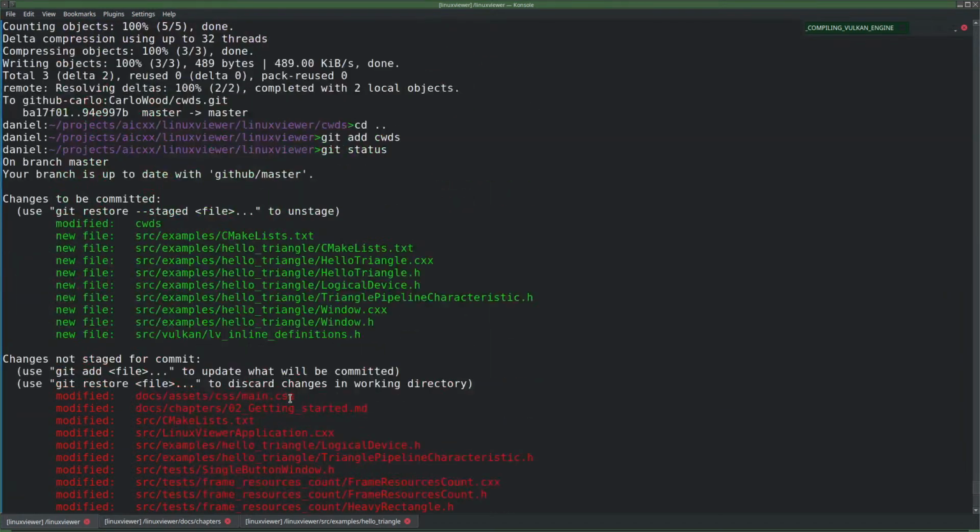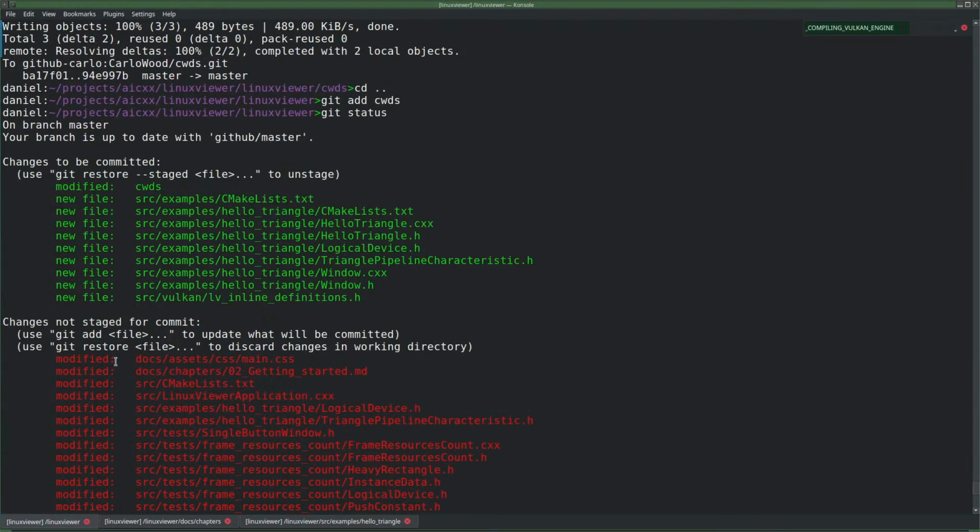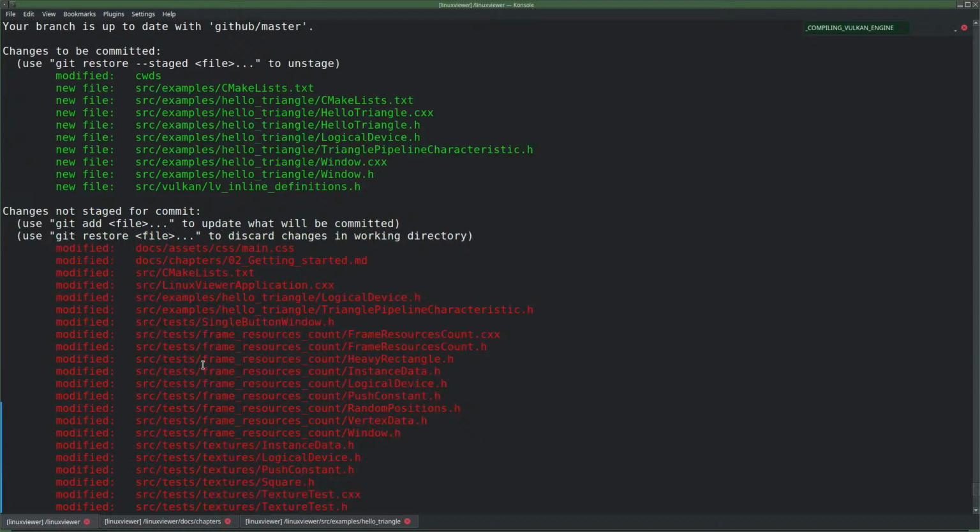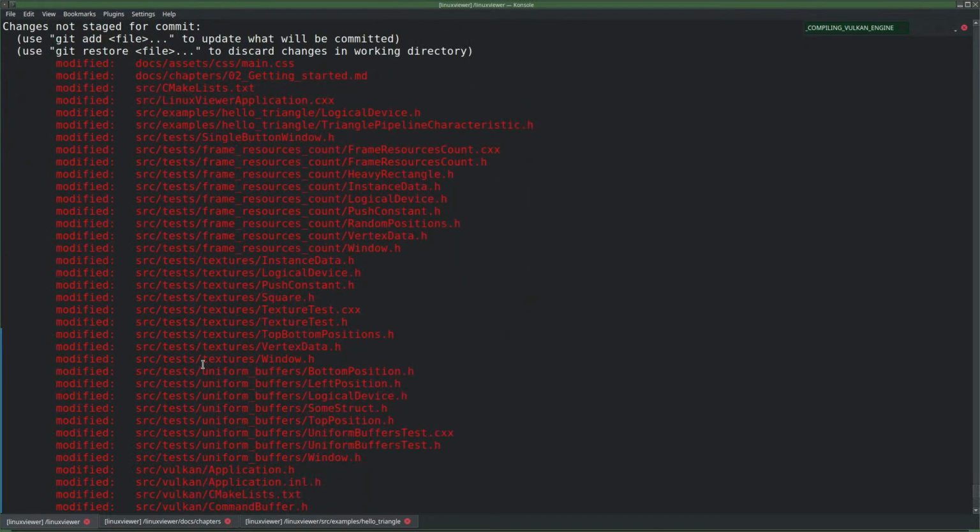Let's undo the docs. Git restore staged. Git restore file to discard changes in working directory. No, thank you. Not staged for commit. Oh, okay. I don't want to. Actually, I want to do everything except the docs. It's probably easier to add everything and then undo the docs, because it's quite a lot.